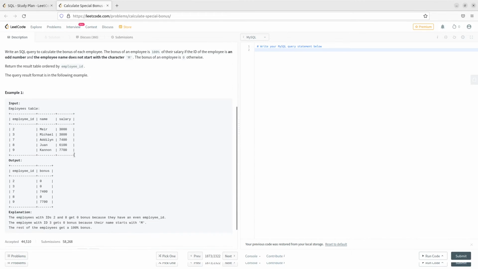So the sample table is in this way. We'll have to fetch all the rows where the ID is odd and the name doesn't start with M. So we'll just try to code it up. We'll have to select employee ID,